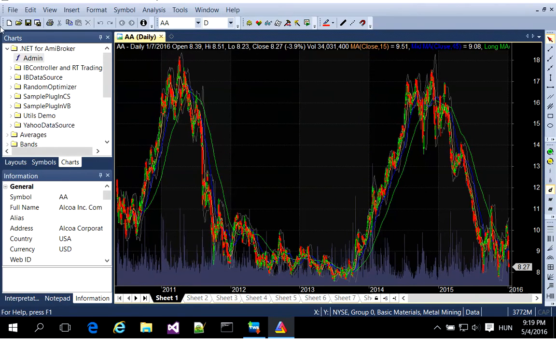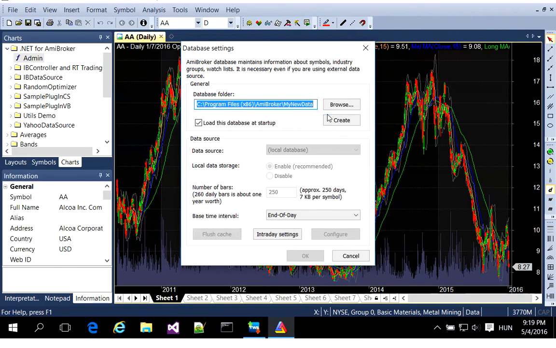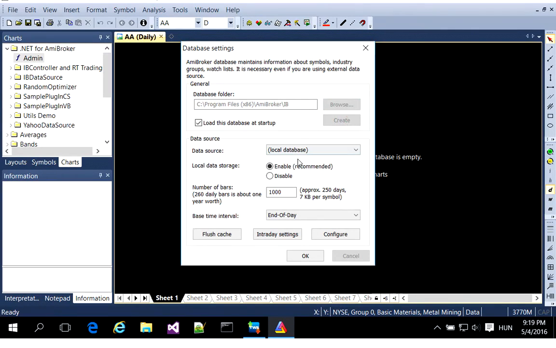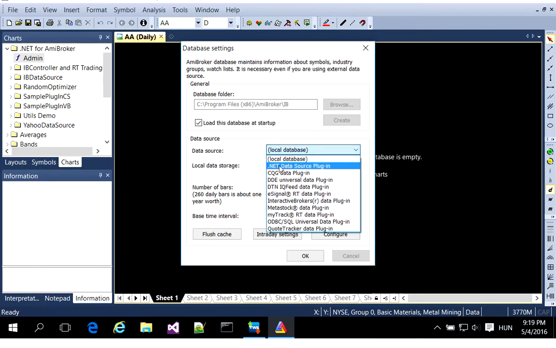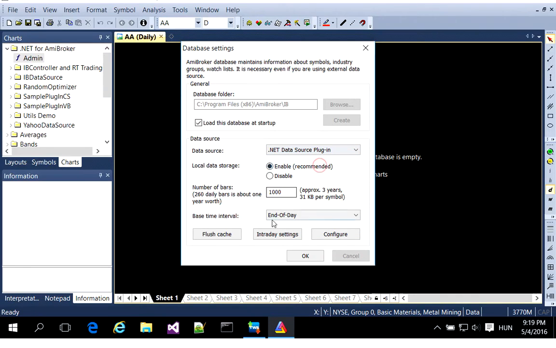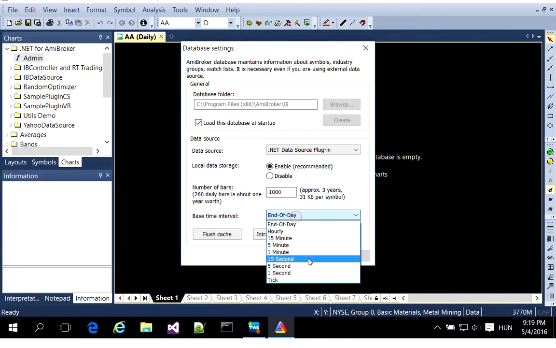So let's create a new database. Let's call this ID. Let's select .NET Data Source Data Plugin. This is general .NET Data Source Plugin. Let's make it just an hourly database,